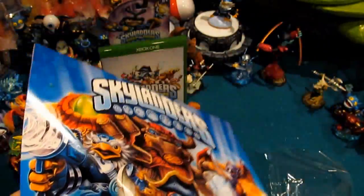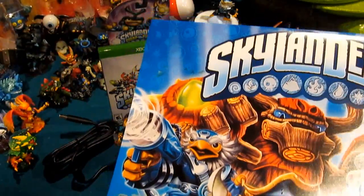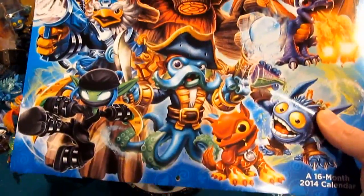If you're into Skylanders, it's something cool to have. You can hang it on the wall in your bedroom. You can put it at the office, living room, kitchen, wherever you need a calendar. Just kind of something different, decorative. And again,